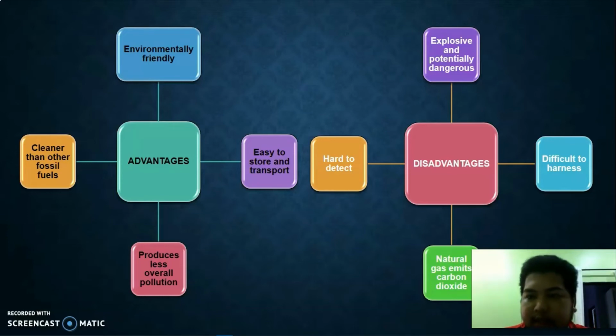And thirdly is difficult to harness. To use natural gas, all of the components except methane have to be extracted. This results in several byproducts such as hydrocarbons, sulfur, water vapor, carbon dioxide, and even helium and nitrogen. The last one is natural gas emits carbon dioxide. Okay. This is by far the biggest disadvantage of natural gas because it